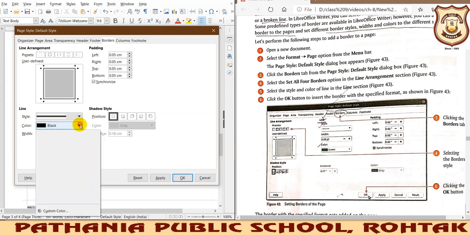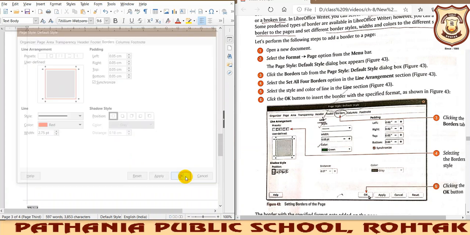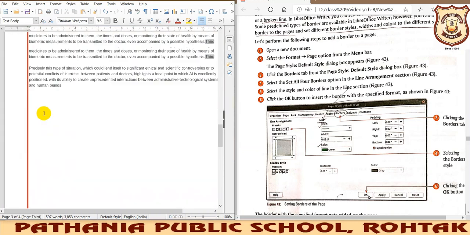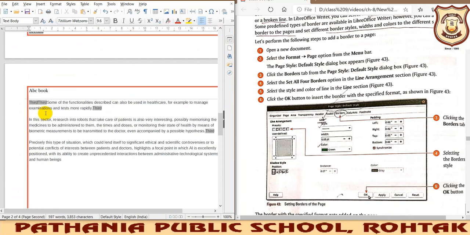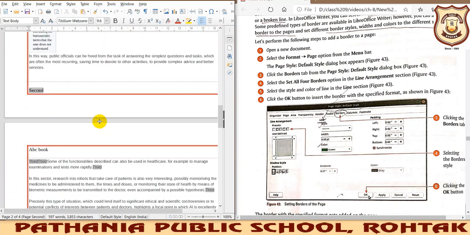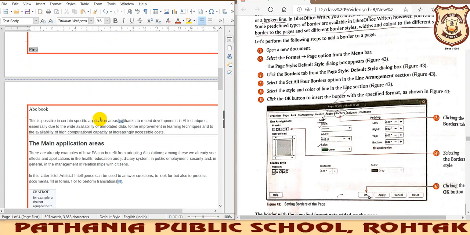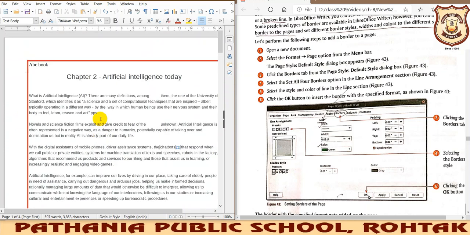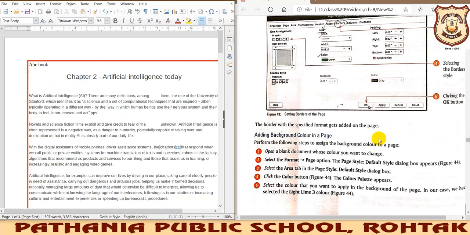The color of the page border we can also change, and the width too. This we have done already in a previous lecture. Earlier that was the paragraph border, this time it is the page border. The method of applying a border to a paragraph or to a page is just the same, so there is no change as such.